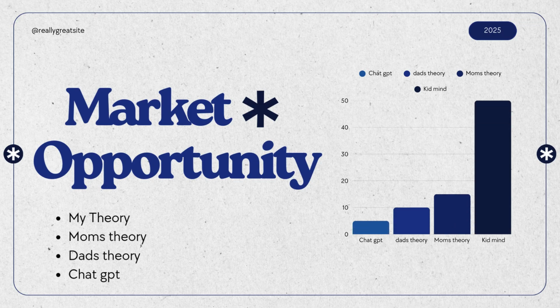Now, this is the market right here. Three theories that I go up against that other people compete with me in. Now, I know you're looking at it like it's my mom and my dad and ChatGPT. However, my mom and my dad are very smart people. My mom having a doctorate degree. But if you look at the graph right there, you can tell the people who use my theory, they're light years better than those other theories.